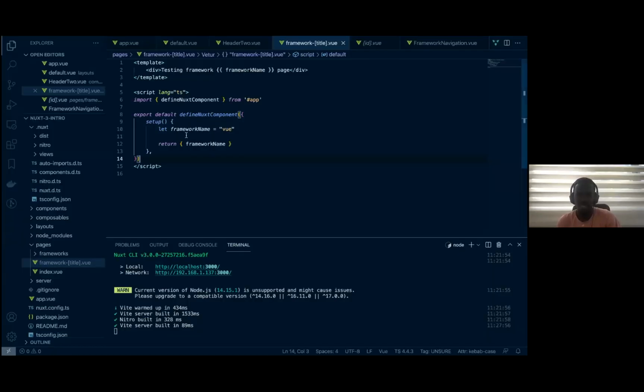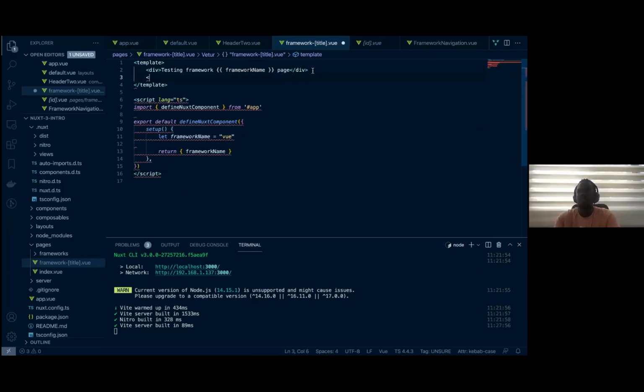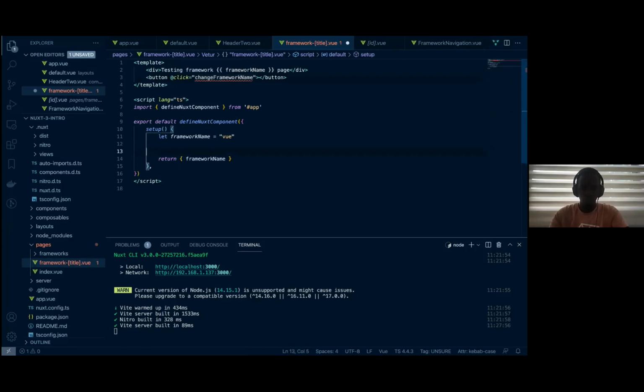So this is the old logic, right? But now we don't need to do that. One of the major things here is that this value is not reactive. If it changes, it does not affect our page. So let's do something like this. Let's add a button, click, change framework name. Now let's create this here. So let's say const,